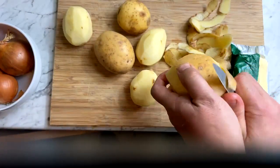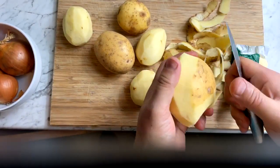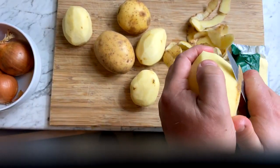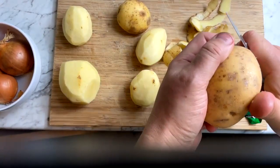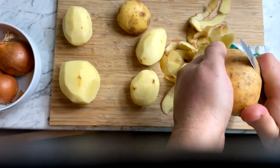But yeah, Maris Piper are really good for this purpose, because they crisp up like chips, but they also make great mash. The meat at the bottom, the gravy, is going to really soak up the liquid. So that'll be like mashed potato at the bottom. And then at the top, we're going to have